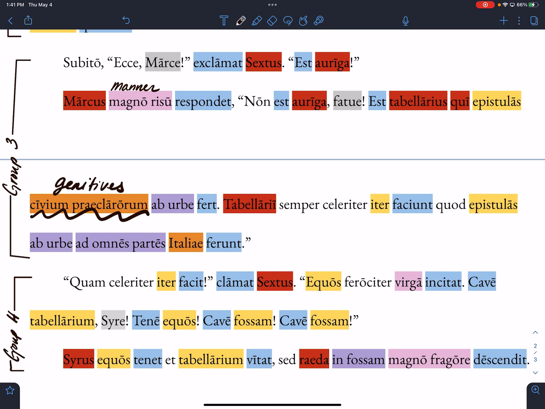I heard the sound of your voice, but I heard not words. Sorry. The carrier always quickly made journeys because he brings the letters out of the city and makes all kinds of things. Good, good. Yes, to other parts of Italy. All right. Anyone have any questions on this chunk? Just one edit, they, right? Because tabellarii is plural, right? So the couriers, because they do that. But yes.